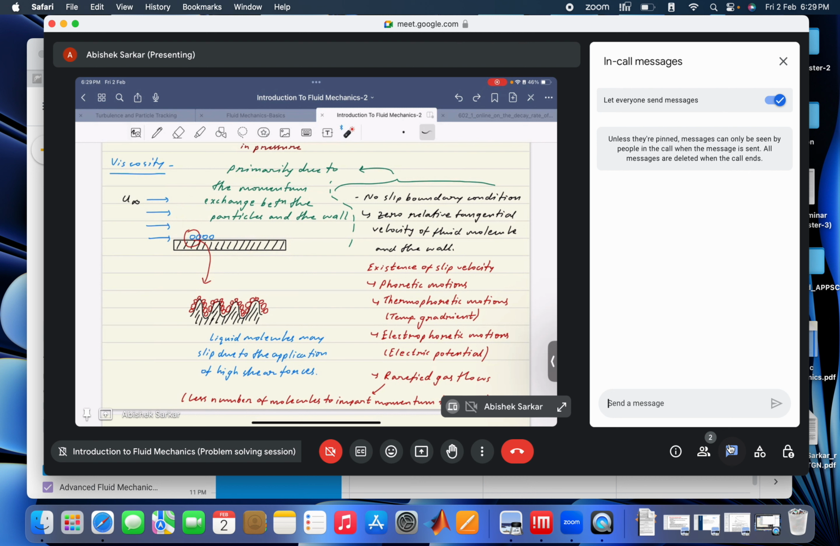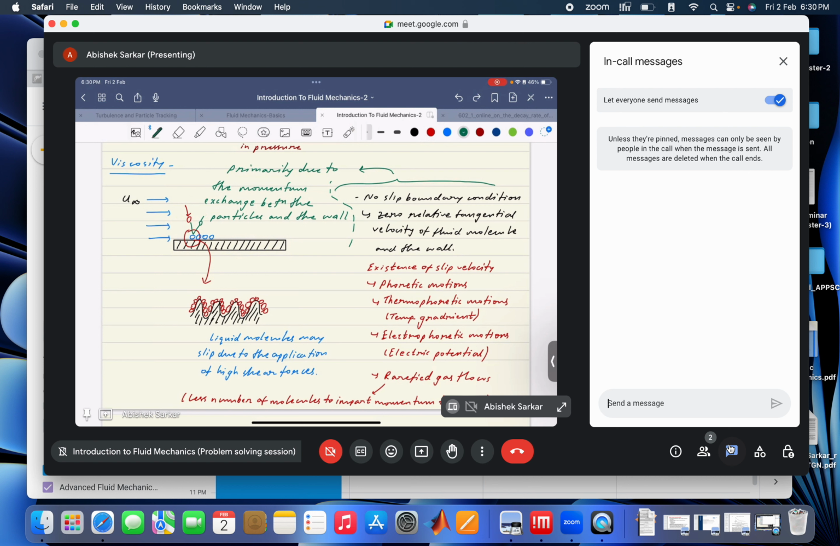Okay, let me just try to draw it. I hope it was clear. I told it in the most easy way possible. So the incoming gas molecule would collide with the wall, then it will get deflected because of the exchange of momentum, and then it would collide with other